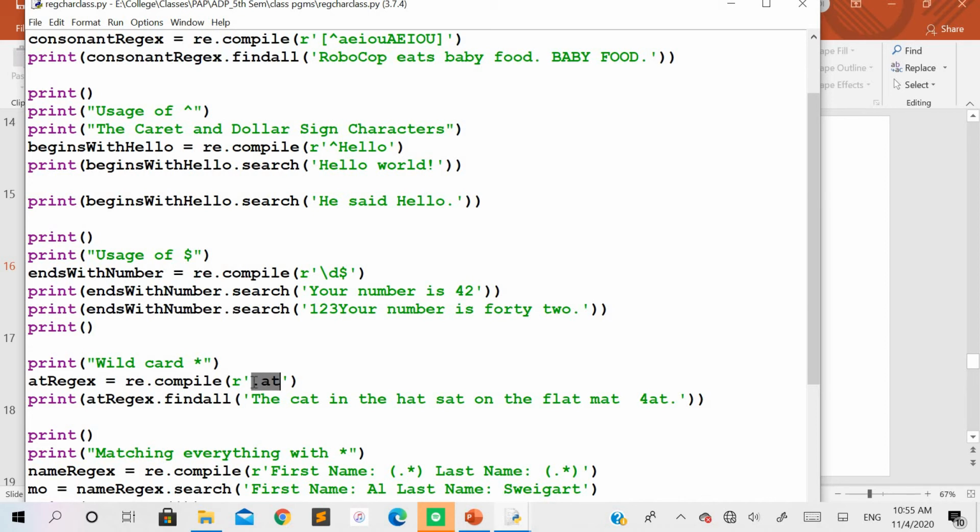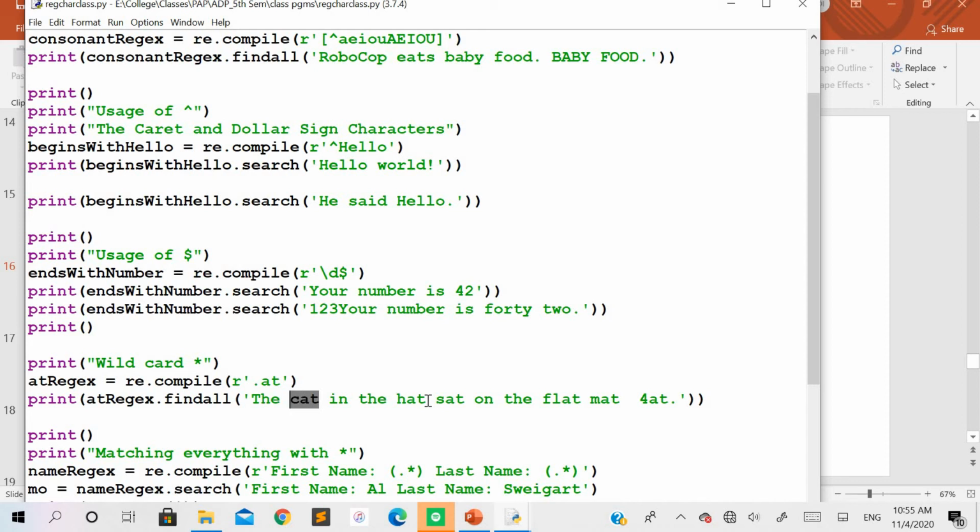So what does the pattern tell here? Dot symbol followed by at. That means this dot specifies that any single character from the keyboard is going to be matched against this pattern, followed by at. So anything followed by at is going to be matched here. Similarly, we are going to apply it on one of the input strings. Let me tell you which parts of this string are going to be matched for this pattern. So cat is going to be matched. Why? Because you have the at pattern, and it is preceded by any one character.